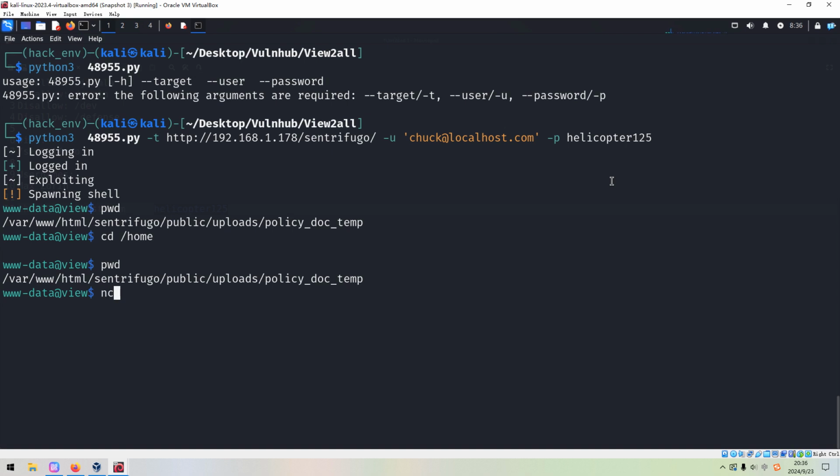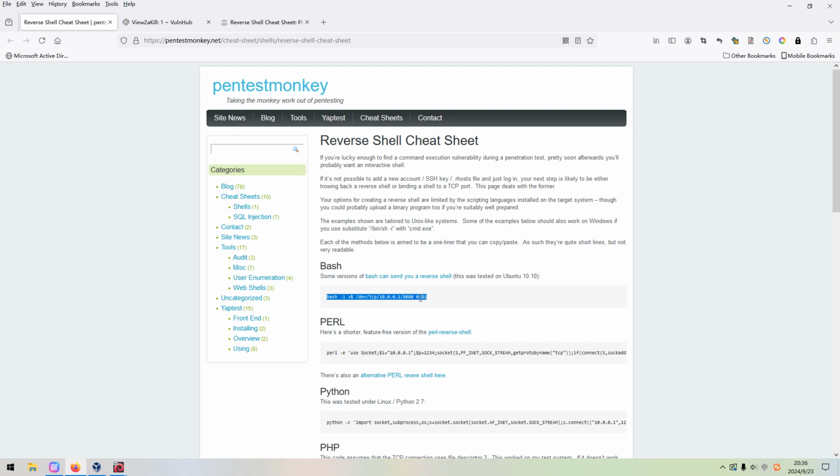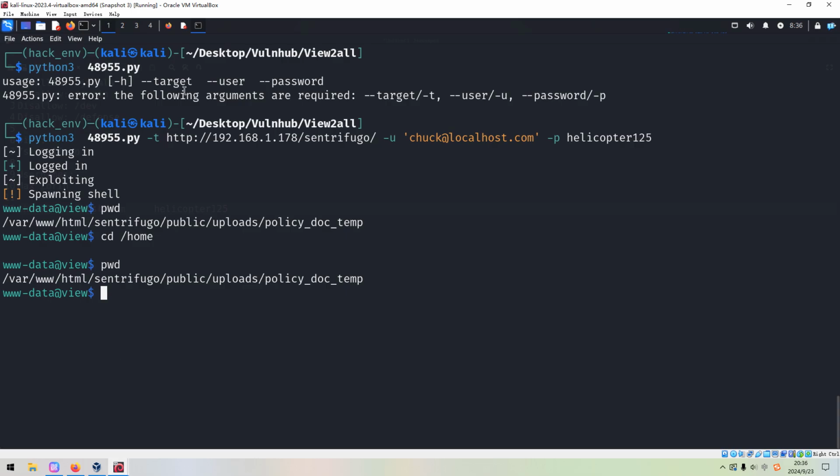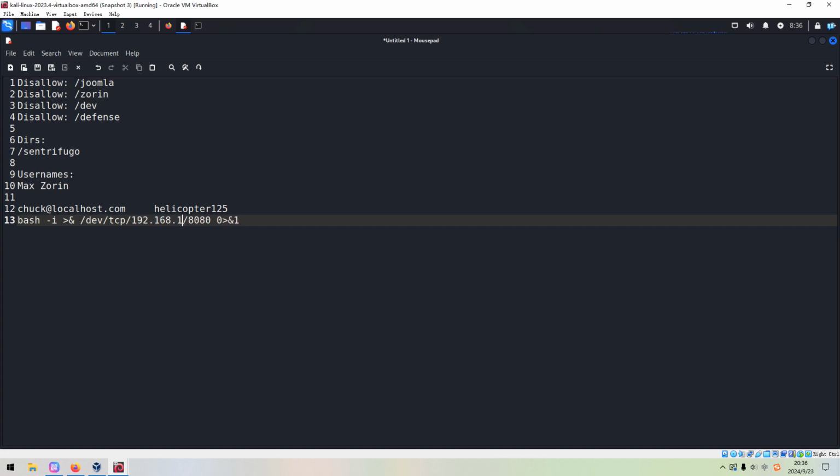Based on my experience, Netcat cannot work very well. We can use the reverse shell command from Pentest Monkey. Yeah, this one we can copy, and we can paste over here. We need to do some modification. Change it to my Kali Linux, and the port number. Okay, we can copy.